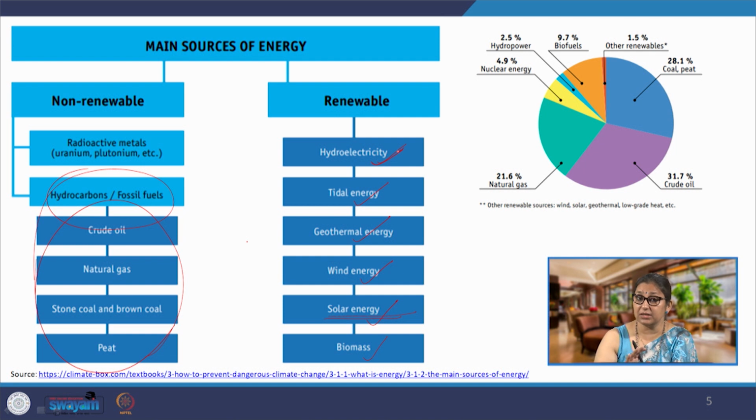Now, we look at the global distribution of what percentage of energy, electricity, is produced using each of these sources. We will see that almost 80% of the total energy is produced from non-renewable sources of energy. We are looking at crude oil, coal, peat, and natural gas. So, 80% of the energy is being produced by these three, and these are all non-renewable sources